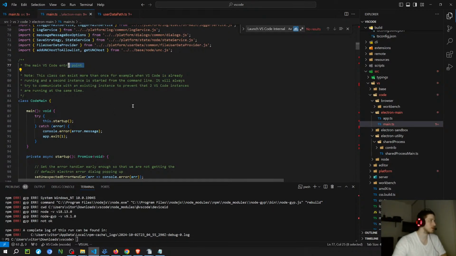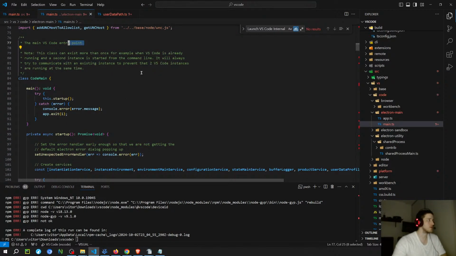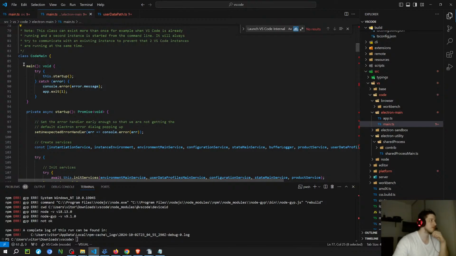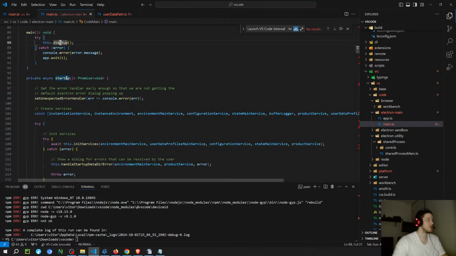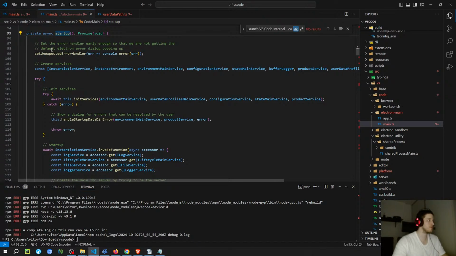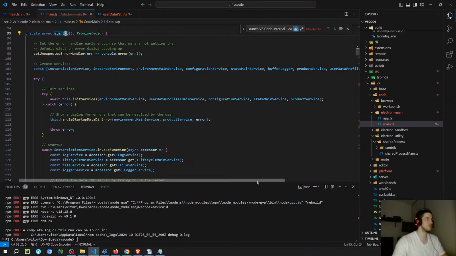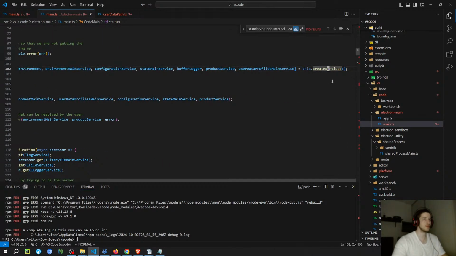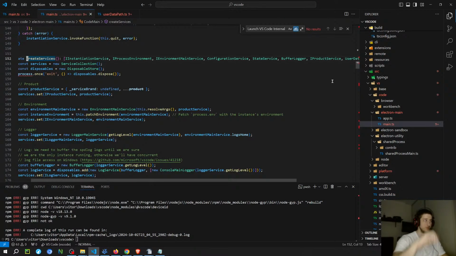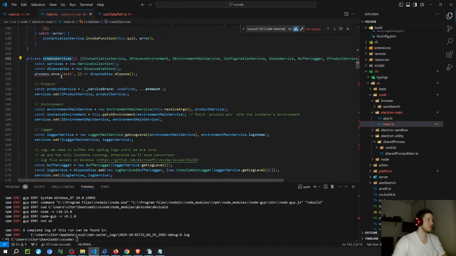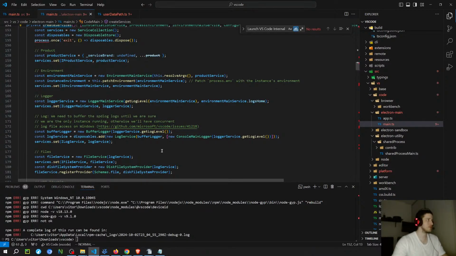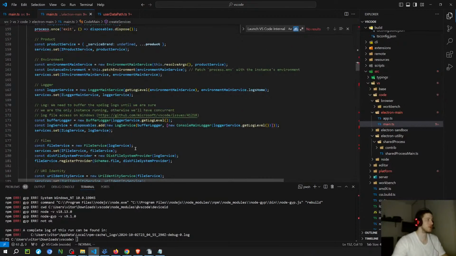This class can exist more than once. For example, try running, and the second instance is start from the command line. We always try to communicate. Blah blah blah. And so this is probably what runs in the beginning. So this is probably the connection of the main part and the other class there that has the